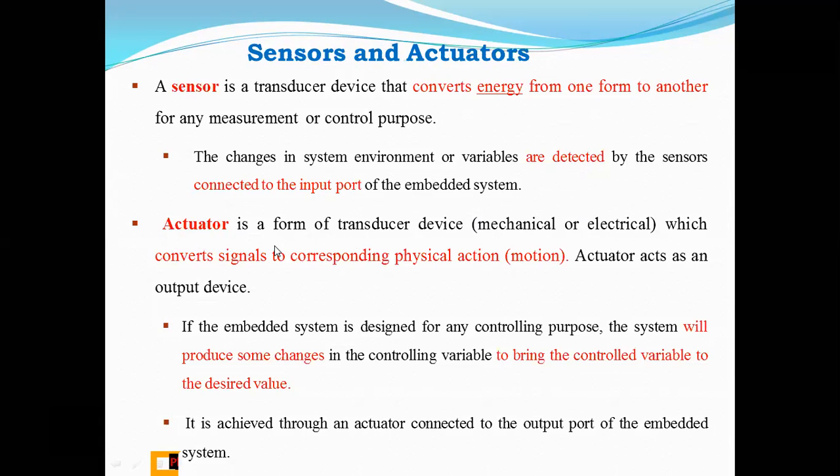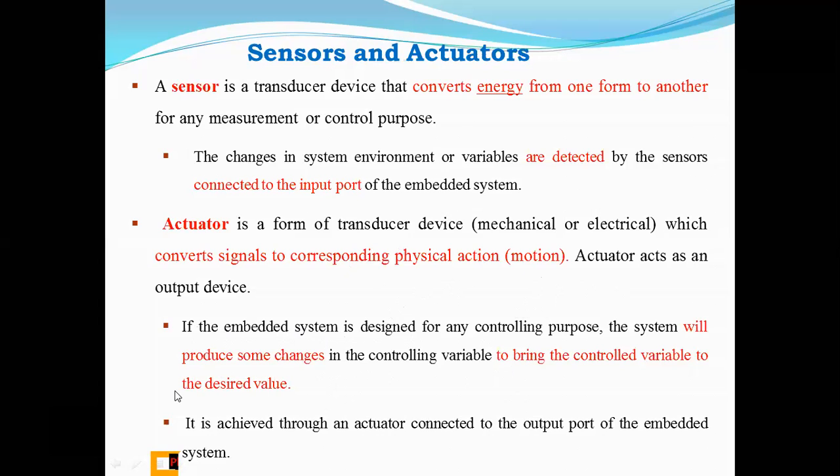So here the electrical signal is taken and it is converted into physical action. That means the surrounding temperature is high, so it has to adjust it to the room temperature of, say, 15. So actuators, again, are transducers which will set the value according to the user's convenience, right? So that is what you can see on the screen.